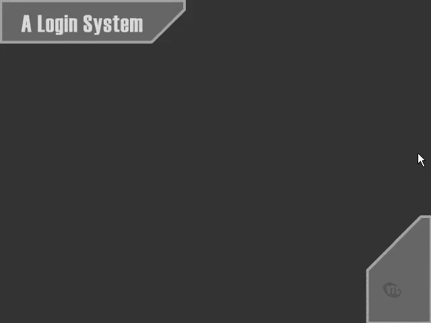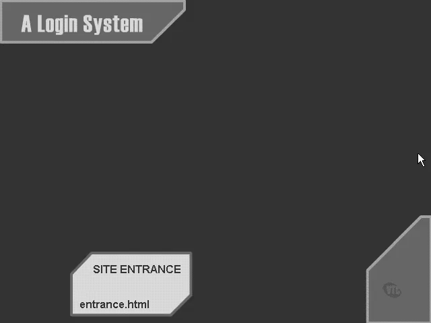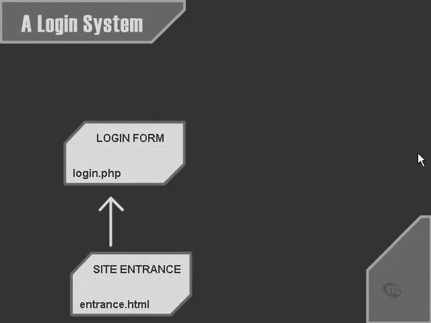Let's take a quick look at the structure that we're going to use for our login system. As a user first enters the site, they're going to come to a page which doesn't need any PHP on it. It's just going to be a simple static HTML page with a couple of links. First of which will take the user to a login form where, if they're an existing user, they can enter their details, and provided these details are validated, they will be able to move on to the main page of